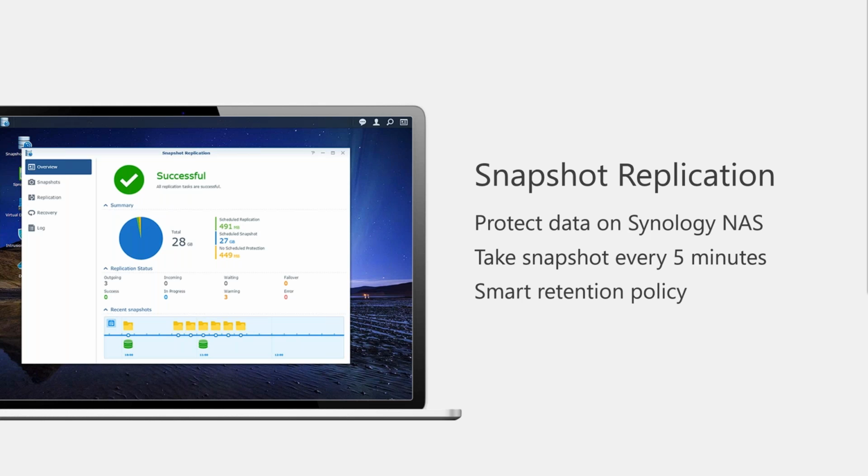Next, we have replication, and that is just backing up the data and snapshots from one Synology NAS to another. And then lastly, there are a lot of restore options here. So you can browse individual files, you can restore entire iSCSI LUNs or folders, and that can happen with the data that is on the NAS itself, or if you've replicated it elsewhere.